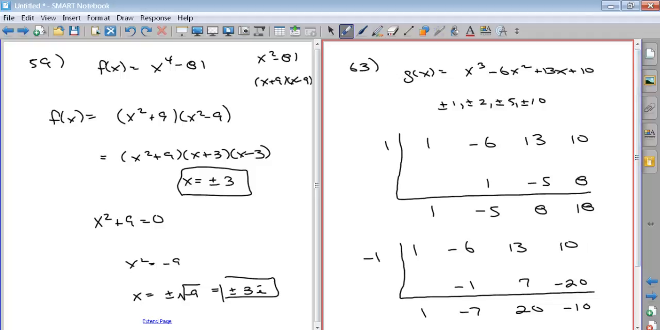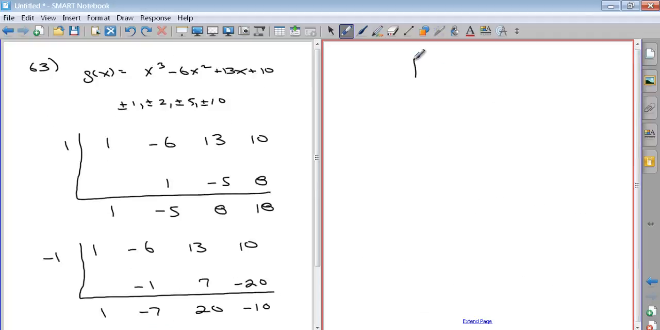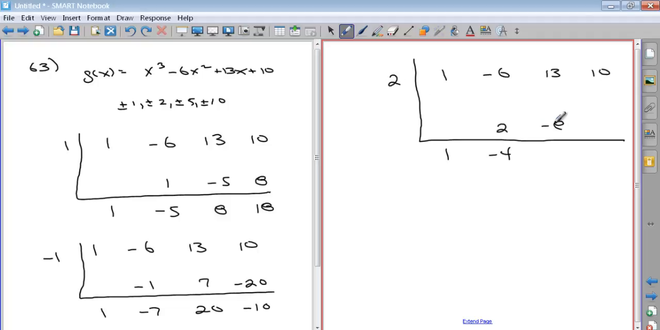So then I try 2. Let's just try 2. See if that works or not. And once we get one of these, the rest of them are going to be not as hard. So try 2. So bring down 1. 2 times 1 is 2. Add these together, you get negative 4. Multiply these together, you get negative 8. Add those together, you get